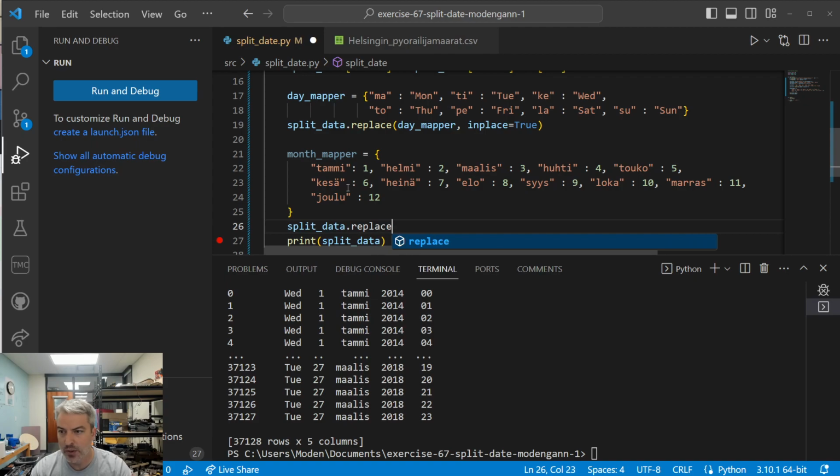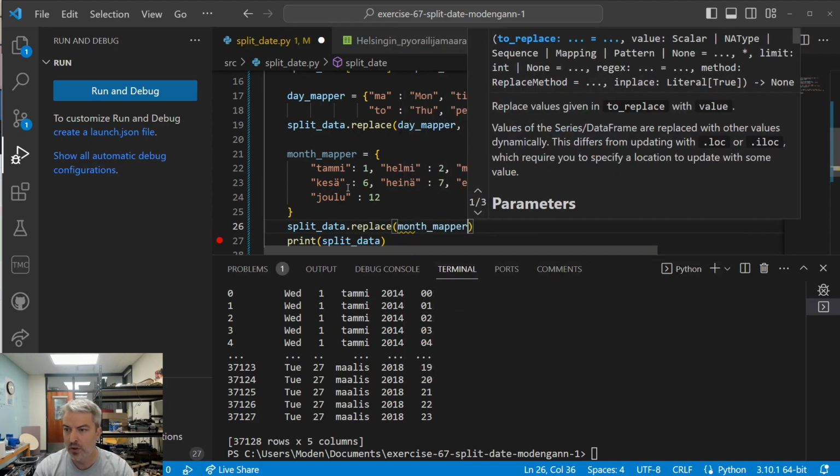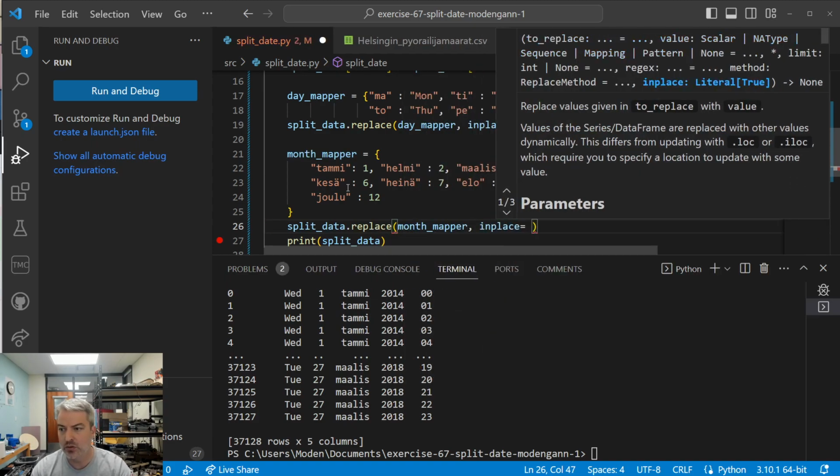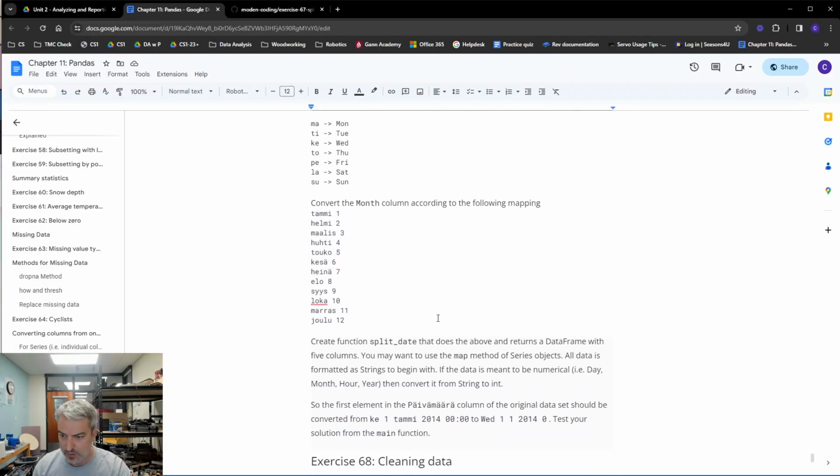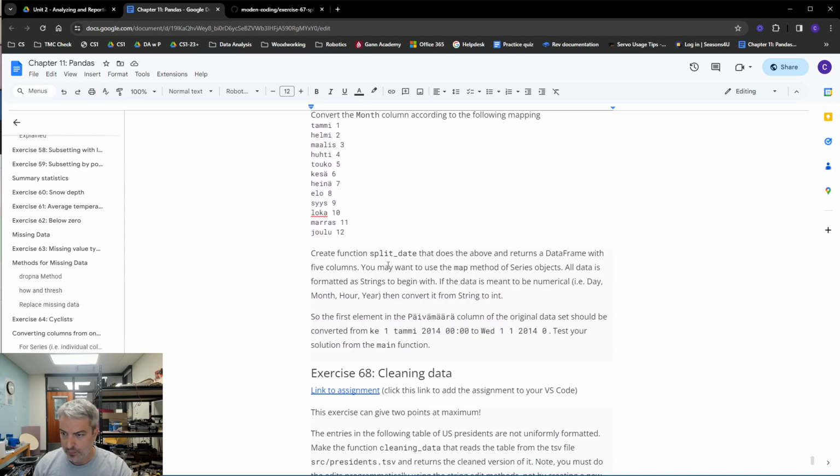Split data, we're gonna replace, we are gonna say month mapper. We're gonna do in place is true. Let's see, how are we getting? Gotta be getting pretty close here. Okay, let's see. All right, so it does say things in here, like we want to make sure things return a certain data type. Okay,